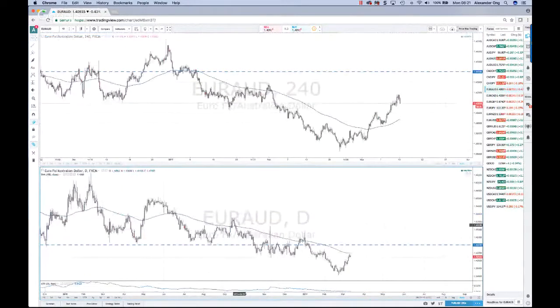The Euro Aussie, obviously last week we had the ECB press conference, and it's not that they necessarily said a great deal. Draghi wasn't over the top in his statement, but there were a few things that indicated they were a little bit more upbeat about the economy and things like that. So the euro did get a little bit of a boost, which is what we're seeing here. The market is moving up. We were identifying this area over here. So it looks like the market is now reacting to this